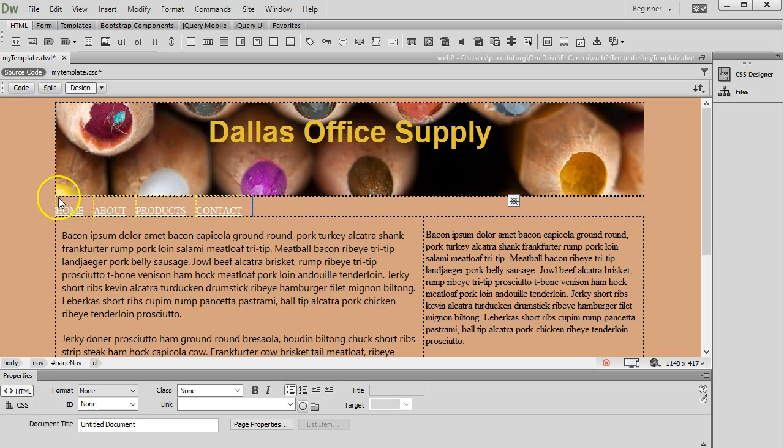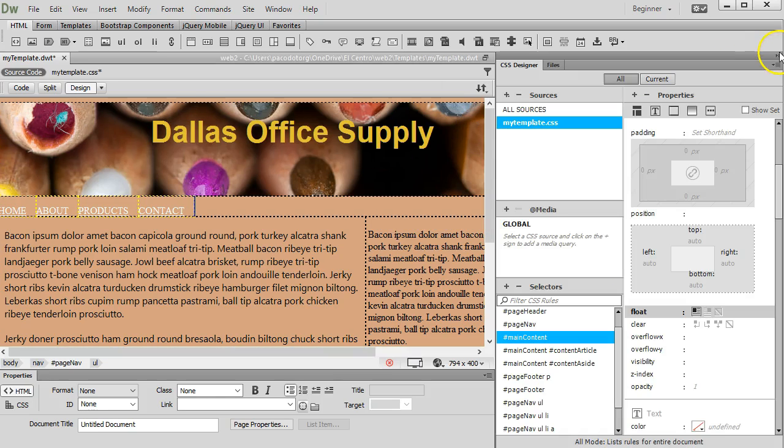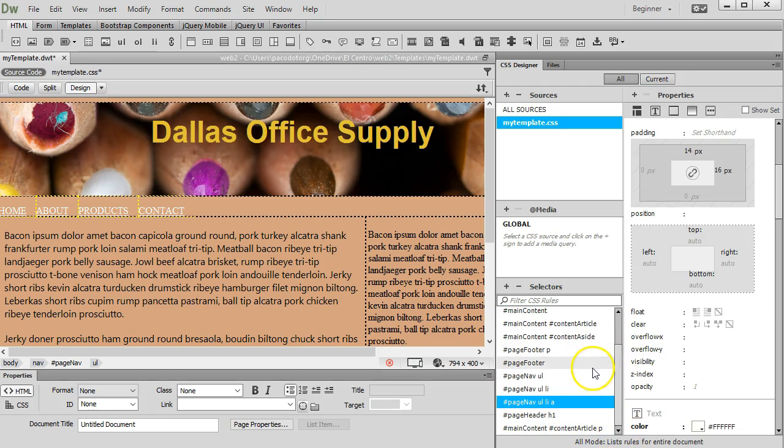Since I added 14 and 16, this is very limiting, and by that I mean that it's not looking quite like the sample that we saw before, and that's because I've got 14 on top and 16 to the right and then nothing to the left and the right. So just to see what would happen in my CSS designer, I'm going to find the A,